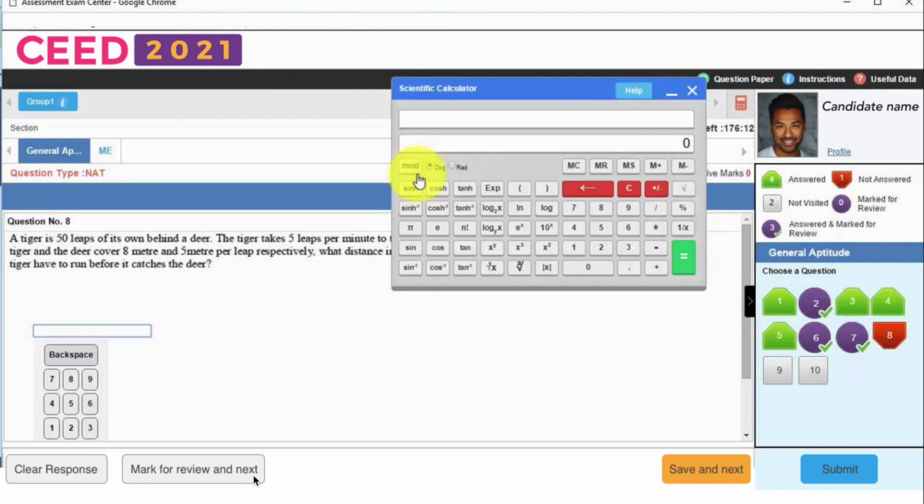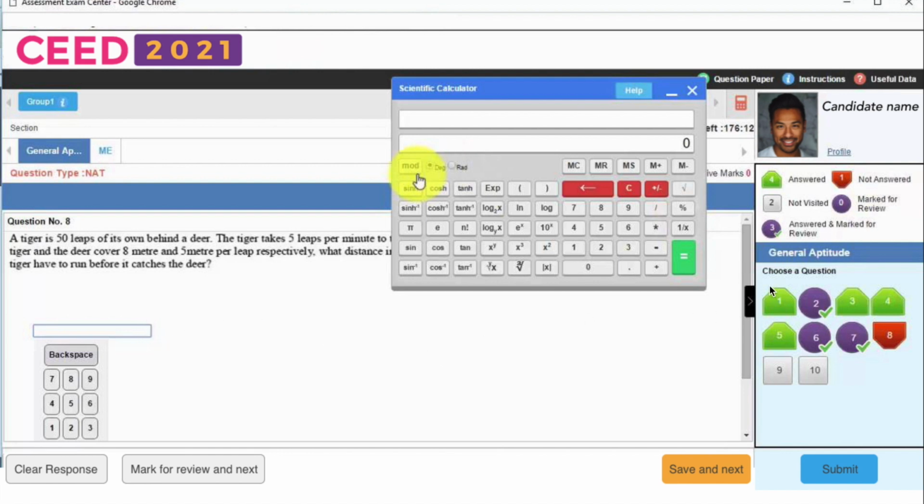And let me tell you one small detail which I often encounter. If you have marked something for review, however, if you have answered it, it will still be submitted at the end of the paper, and the evaluator will never see what you have marked for review and what you have not. If there is no answer here, you will get no score for that. And if there is an answer here, that will be submitted as well.